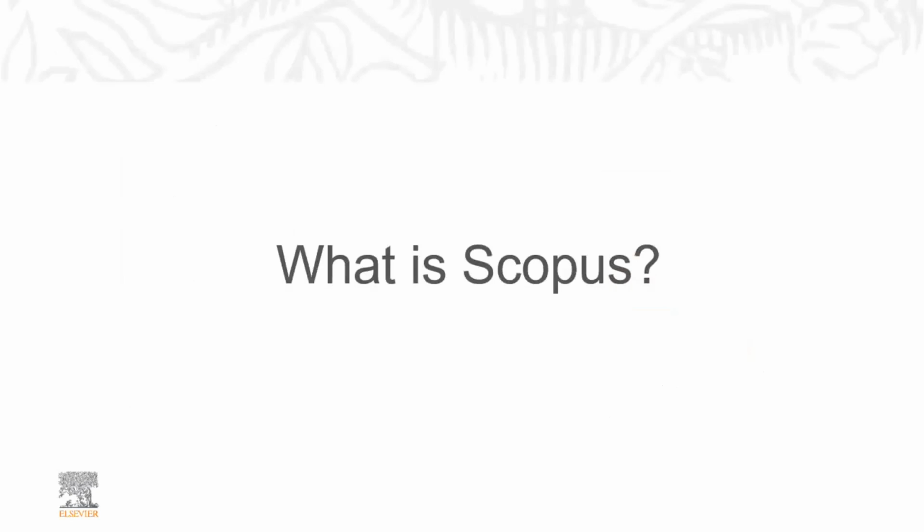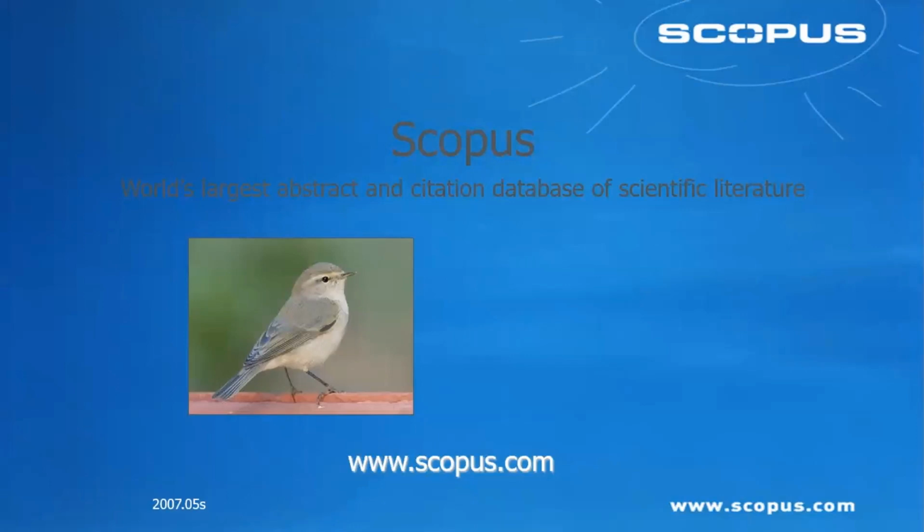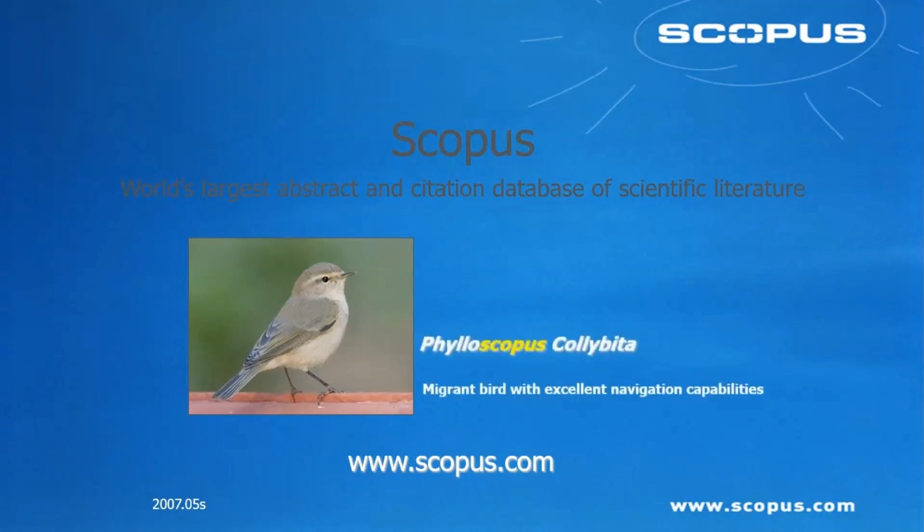So let's start with Scopus. First of all, I myself learned very recently that the world's largest abstract citation database of scientific literature gets its name from a little bird, which you can see on the screen. The name of this bird is Scopus calibitar, and the reason why this bird was selected to name our database is because it's a migrant bird with excellent navigation capabilities, and it resonates very well with the vision and mission of Scopus to help scientists all over the world to navigate in the world of scientific literature as easy as